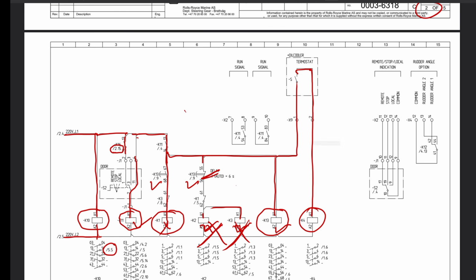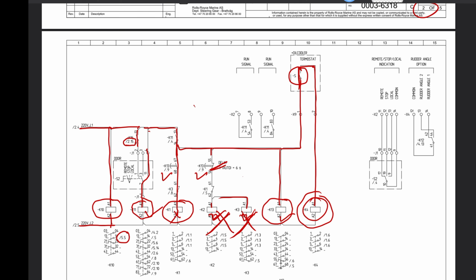There is a thermostat switch based on the temperature. If it is low temperature and the oil is not hot, then this cooler motor does not run. No need to run it unnecessarily. Once it gets heated up, this will close, our K4 will energize and our cooler motor will start.